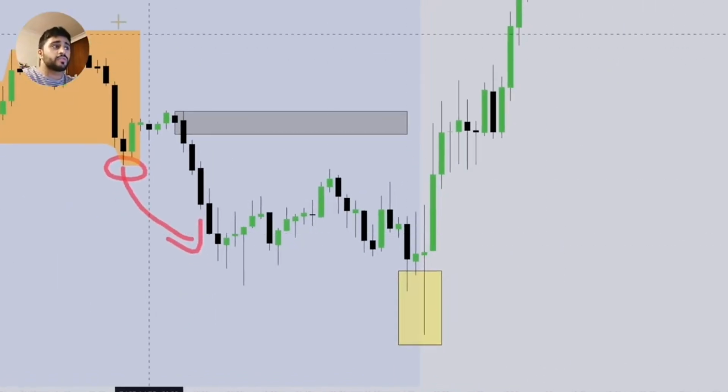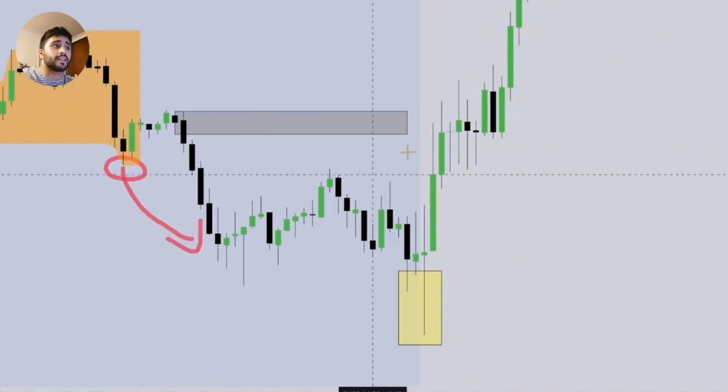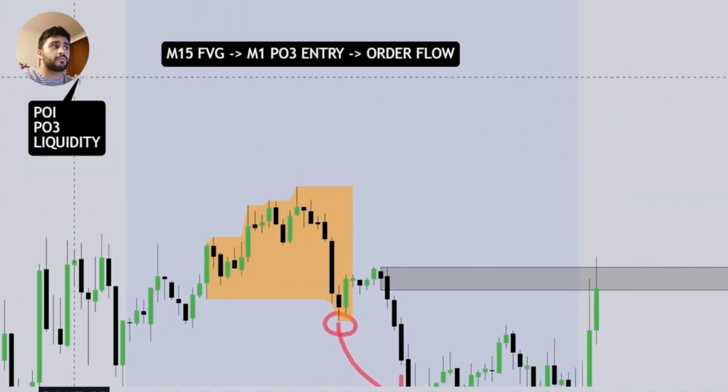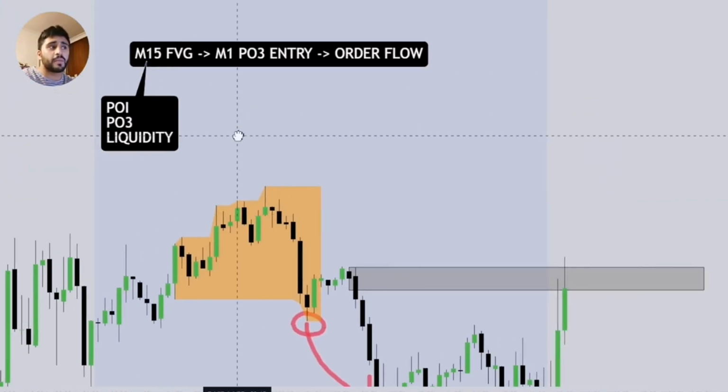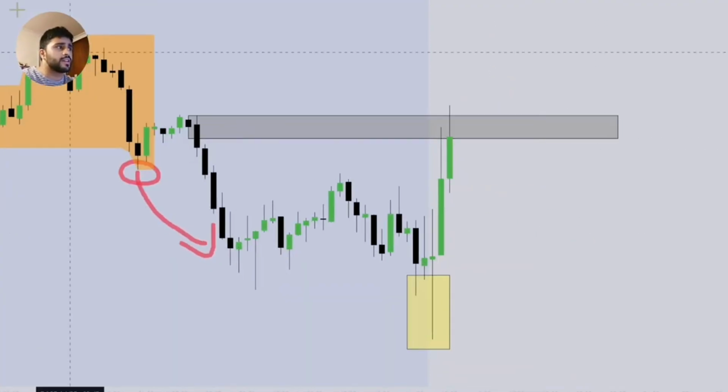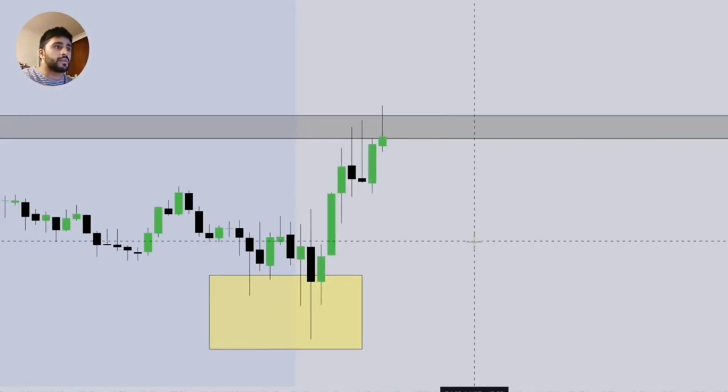So there are three things I use. The first is the Asian range in liquidity. The second is a 15-minute fair value gap. The third thing, and this is where we move on to point 2: first we have a 15-minute fair value gap, a POI. The next thing is we're looking for a 1-minute PO3 entry. What a PO3 entry actually means, if we just go down to the 5-minute chart,